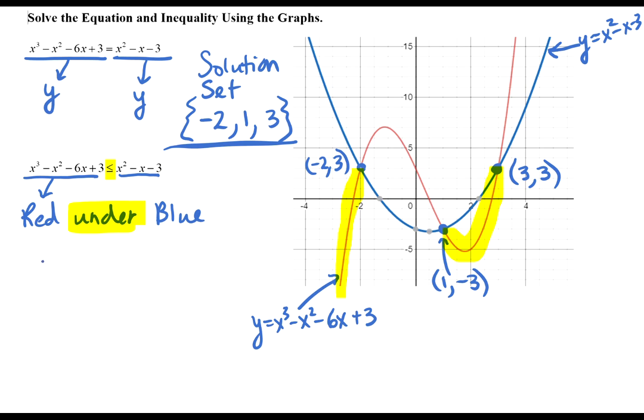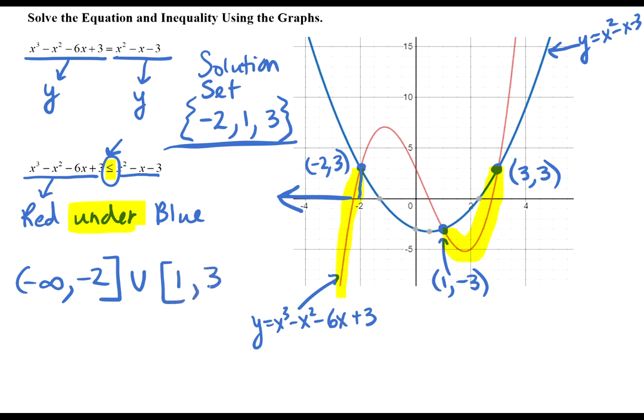Now, let's go ahead and start with the one on the left. This shaded area on the left is going out to the left, so we are going to start with -infinity, and we're going to go up to where it crosses, which is at an x value of -2. Because I have an equal sign in this inequality, I'm going to let it be equal to -2 with a bracket. Then I'm going to union that with the other set where I have solutions, which starts at x equals 1, again, because of the equals, I'm going to use a bracket, and goes until x equals 3. Use the bracket again because we can be equal.